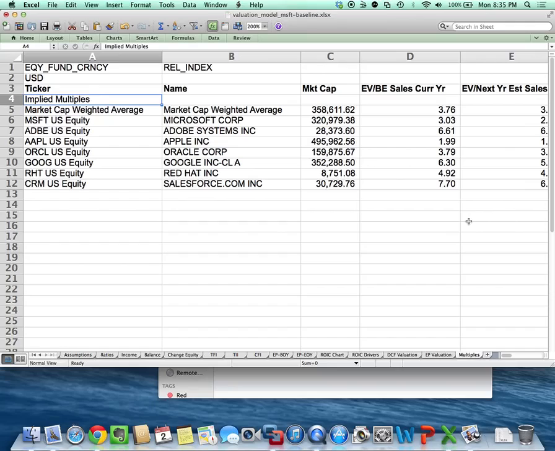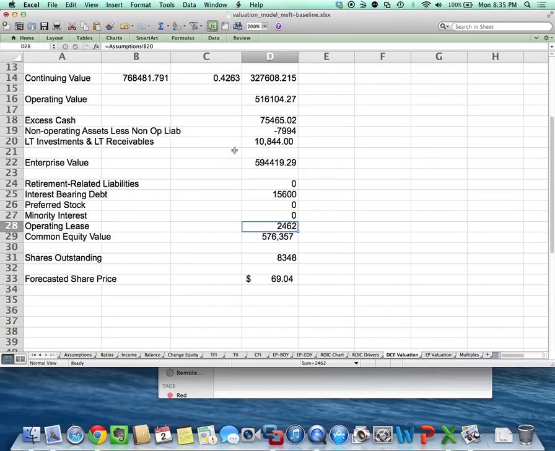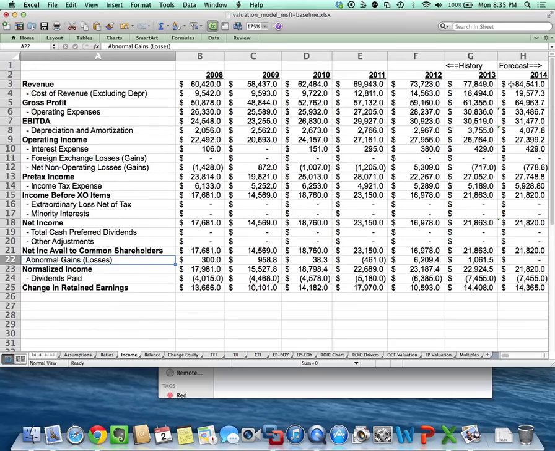But in our model, we are forecasting a stock price of Microsoft. Well, we are forecasting an enterprise value, as an example. We are forecasting revenue. We're forecasting EBITDA. We're forecasting EBIT. We're forecasting essentially earnings per share because we're forecasting net income. So we're forecasting a PE ratio. So that's the point. Our model